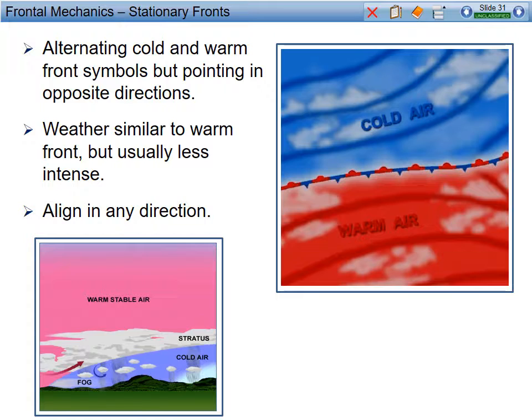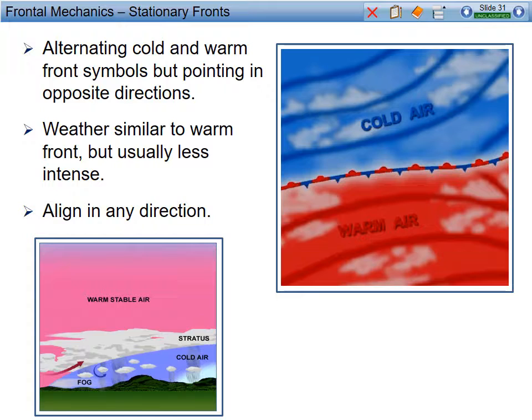Stationary fronts are depicted as shown in the graphic to the right. It's going to be a series of alternating warm and cold front symbols that are also alternating in color, but on opposing sides. The symbols are different from the occluded front in that they alternate and oppose each other, where an occluded front not only is depicted as purple, but the cold and warm front symbols are on the same